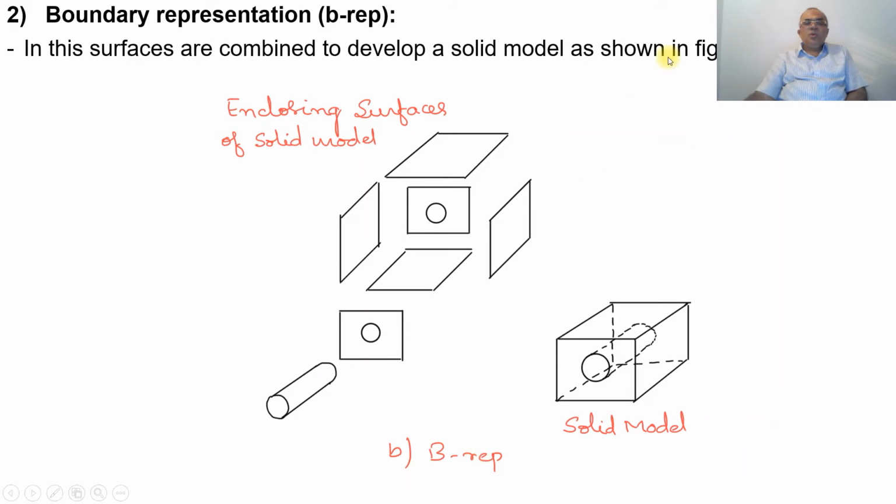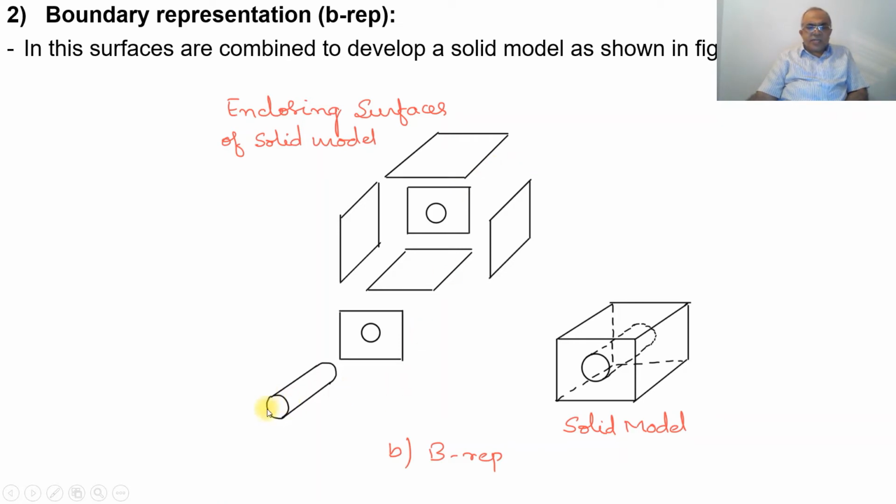So what we can do in the solid boundary representation is create this plane and then extrude this directly. That is one method. Or you can create this and extrude in this direction. That is one more method. Or you create this plane and extrude in this direction. So what we are trying to do is create the boundary here. Which is the boundary here? In this case, it's a rectangle.